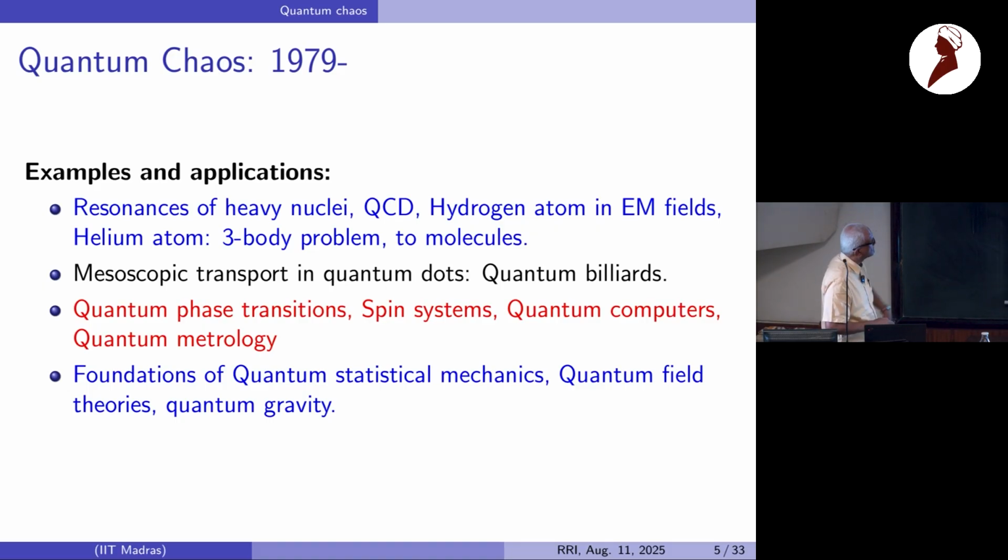There are many applications and examples for a long time. Just a very short list. Right at the beginning of this, there were these heavy nuclei in which there are resonances, QCD. All of them are describable by what I call random matrix theory, and there's supposed to be quantum chaos in these things. Some of the earliest experiments have to do with atomic physics. They have to do with hydrogen atoms excited, like Rydberg atoms in strong microwave fields. You already have a Rydberg atom, highly excited, with a high principal quantum number, and then you kick it a little bit